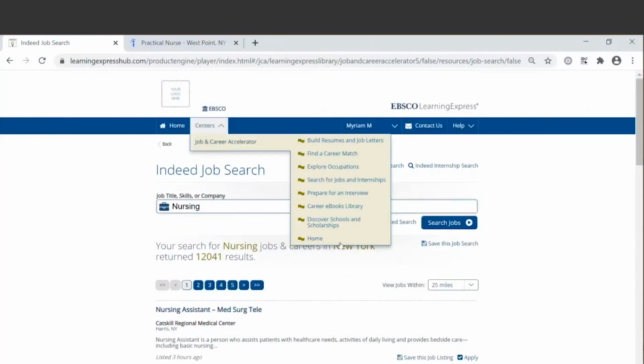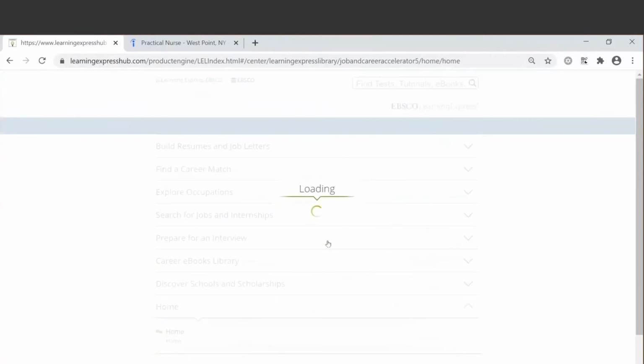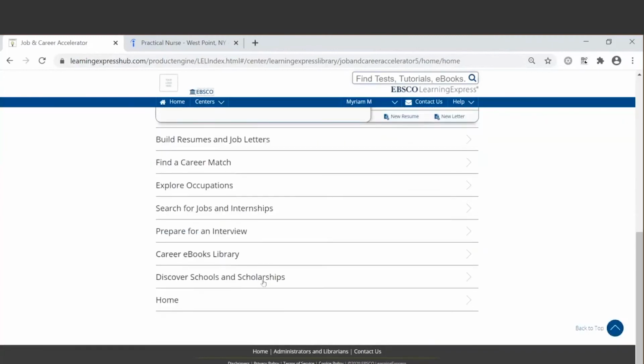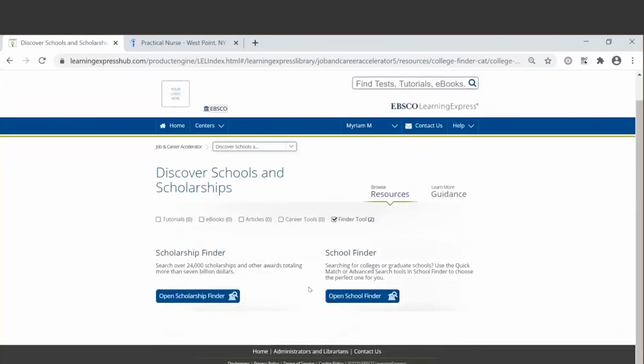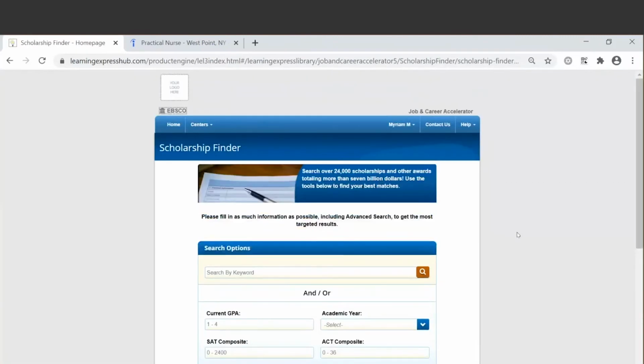Let us go back and take a look at our college and scholarship finder. So here under Discover Schools and Scholarships, you'll see that we have a scholarship finder as well as a school finder. Beginning with our scholarship finder, your users can search over 24,000 diverse awards that will total up to $7 billion.